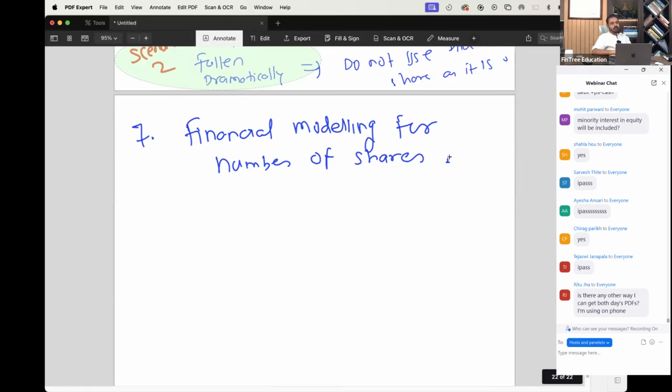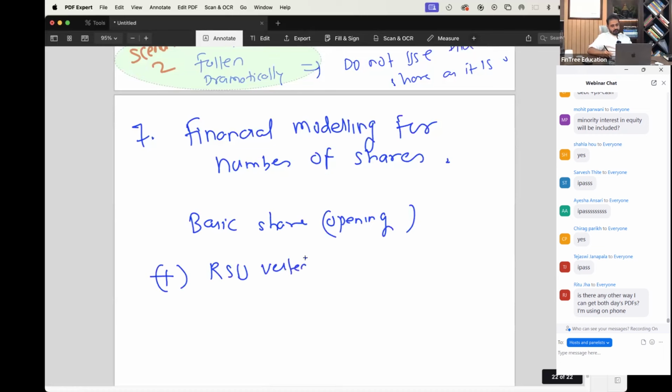If you want to do that, then you need to forecast number of shares, correct? How will you forecast number of shares? Here's a general framework you will use. You will say basic shares opening value plus the number of RSUs vested or ESOPs exercised